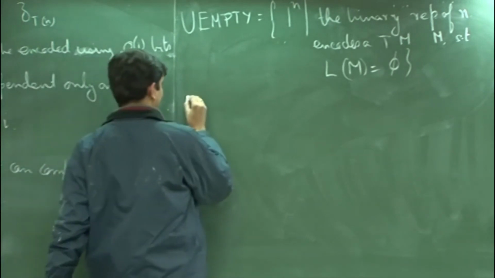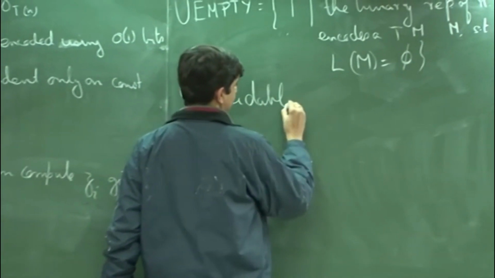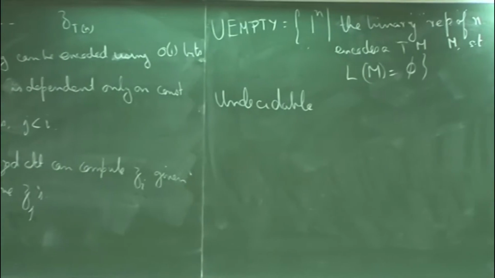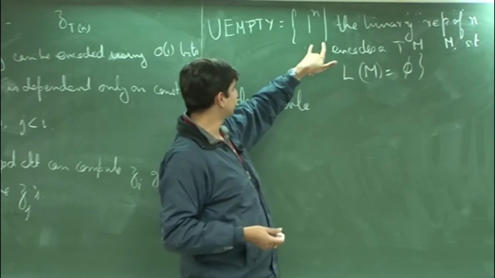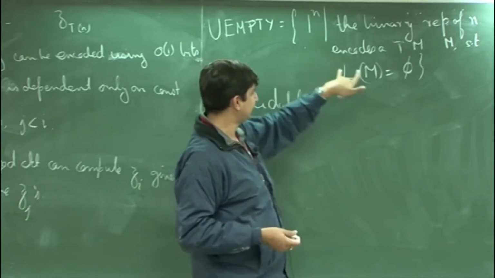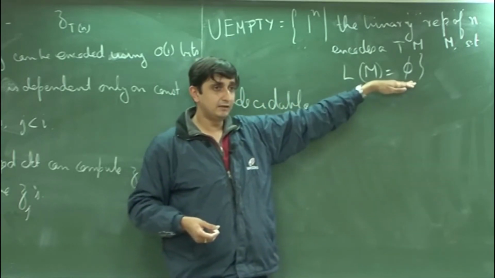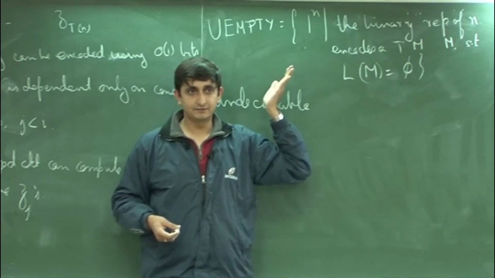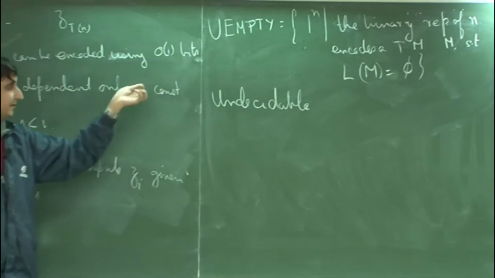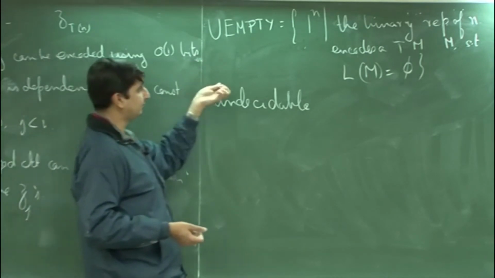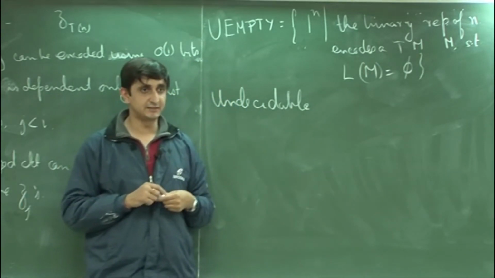So, this is undecidable, right, and why is it so? You can prove it using Rice's theorem or whatever. So, let us look at the following language. Suppose you have the binary representation of a Turing machine M such that L of M is empty. That language is undecidable, right. That you have probably seen in your TOC course, or even if you have not seen, it is very easy to prove. It is very easy to reduce, let us say, the halting problem or any other undecidable problem to that problem, if you have the binary representation.